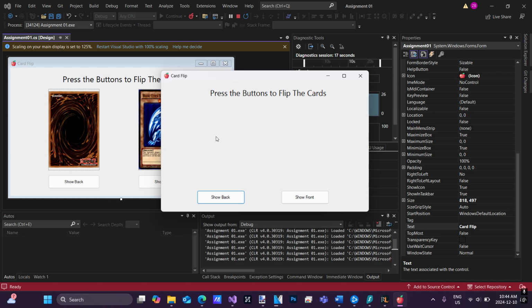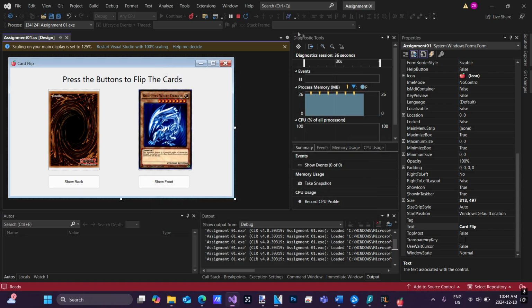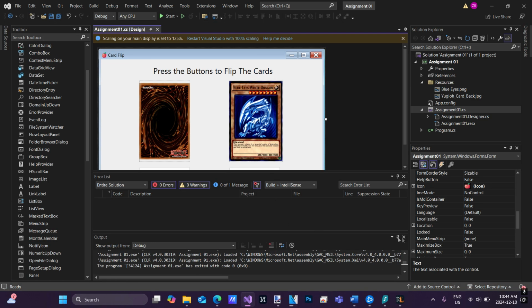This is perfect. Now our first program, our card flip assignment, is going to be very simple. When I click this button, I want to show the back of the card. When I click this button, I want to show the front of the card. So how do we go about that? Well, we're now going to